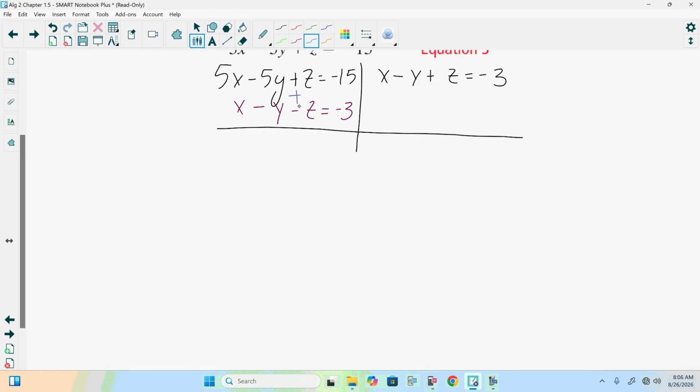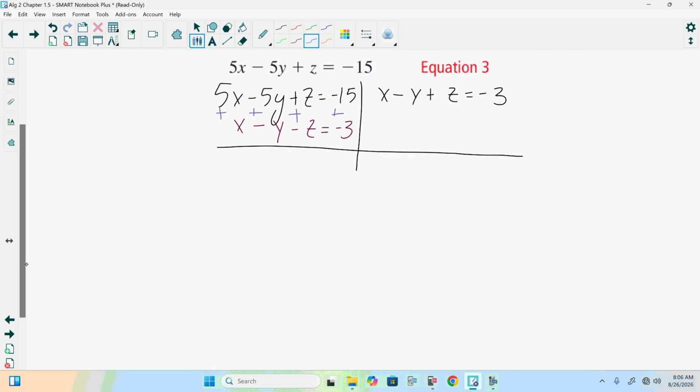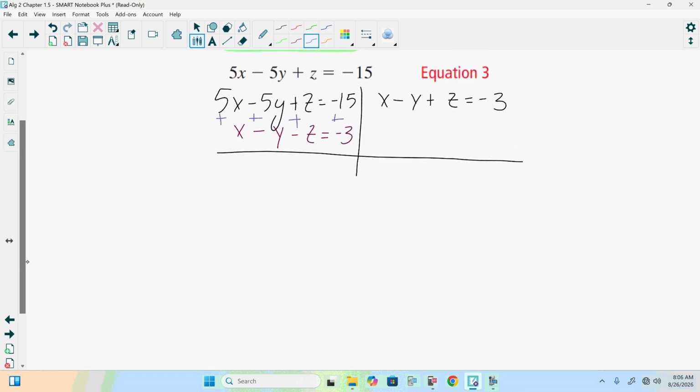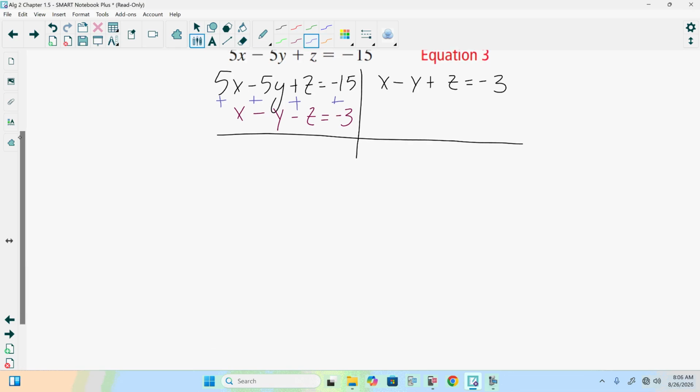So in this case, we would need to add. When the signs are opposite, we add. When the signs are the same, we subtract. So if the signs were both positive, we subtract. If it's negative and negative, we still subtract. So adding here,